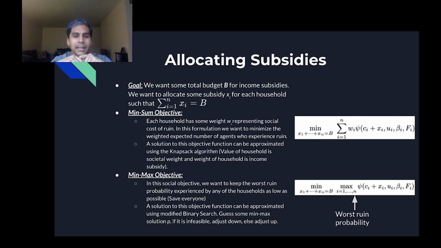And so I really like this paper because they show a way to connect theoretical computer science and mathematical optimization to a problem that has a very high societal impact. This is a framework of allocating income subsidies that can be very useful to government agencies that work with low-income households. And this can be used to help these households avoid financial destitution, especially during these times where people are struggling to find work, struggling to pay rent, and struggling to afford food. This could be a way to help these households have income subsidies such that they don't have to experience bankruptcy or some disastrous outcome.